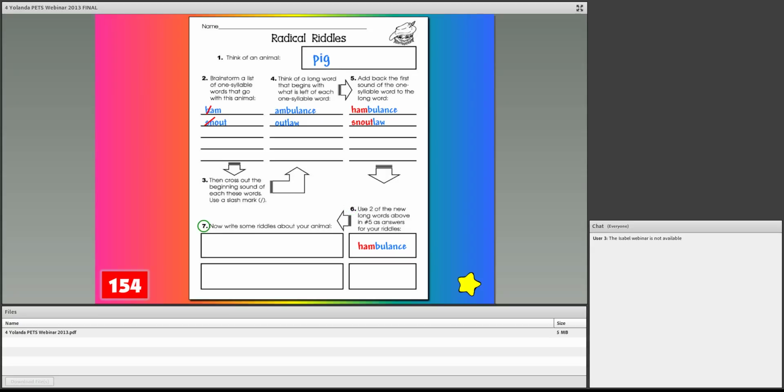Now I have to write the riddle. How do sick pigs get to the hospital? In a hambulance. What about snoutlaw? Who took all the yummy desserts when no one was watching? A snoutlaw. You know, sometimes they work real well, sometimes they don't, but it's very interesting to watch how students